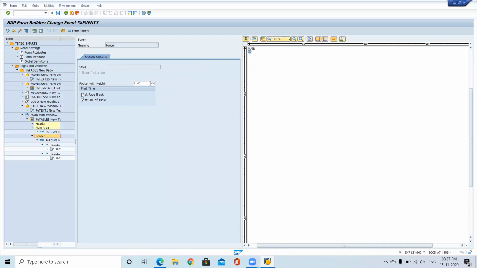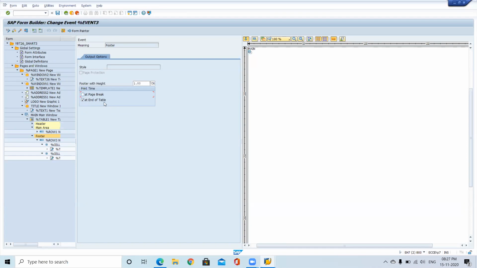Here we are having two ticks: page break and at the end of table. So at page break means at each page it will print this footer. But I don't want this footer on each page. I just want to print at the end of the table. At last, I want to print. Just remove this checkbox.